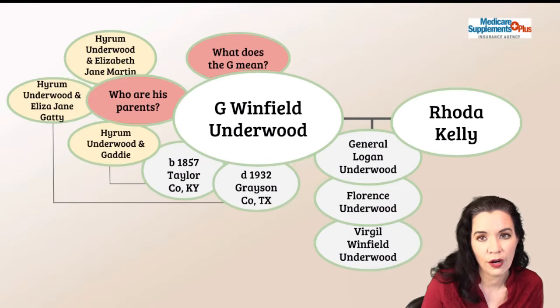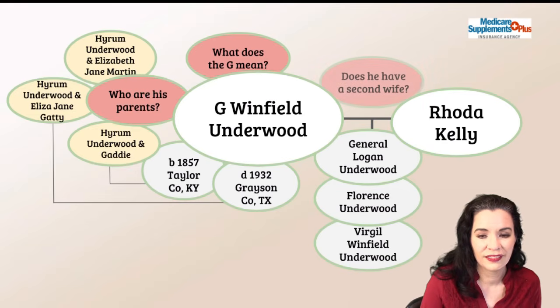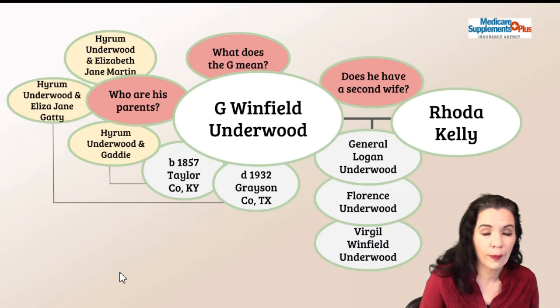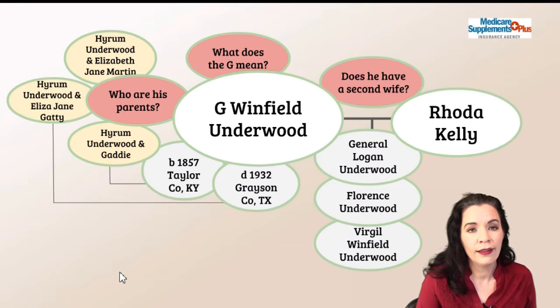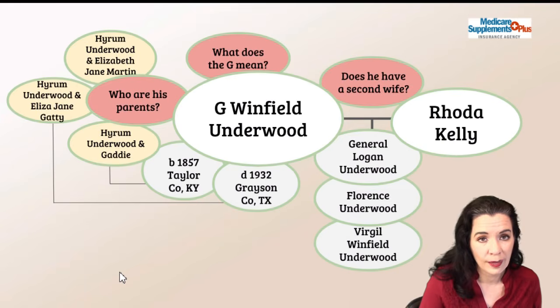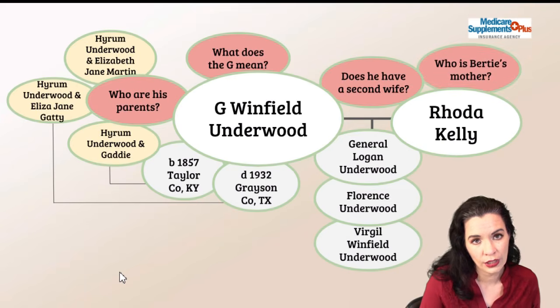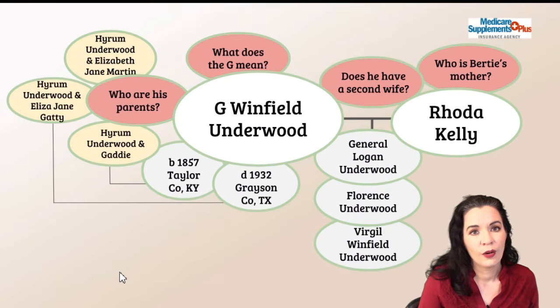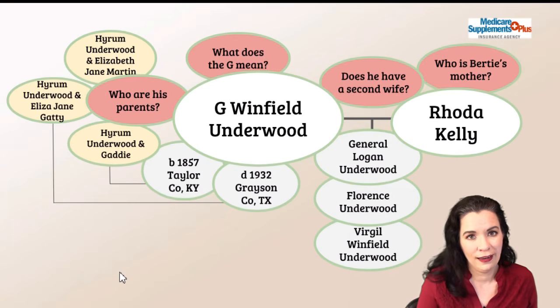Well, we're going to go back to our clue web. That's what we're going to do. So on our clue web, we put that there's a clue that maybe Winfield had another spouse, or perhaps Mrs. Winfield Underwood is actually Rhoda Kelly, but whoever created this profile didn't know her name at the time because they wanted to add Bertie to the family tree. Now, interestingly enough, Rhoda has a daughter named Bertie, so we're going to have to talk about the two Berties in a future video. Yeah, research over my shoulder is going to be around for a while.